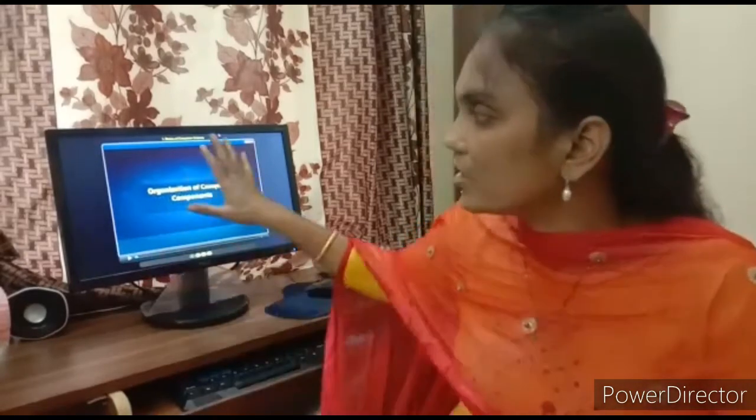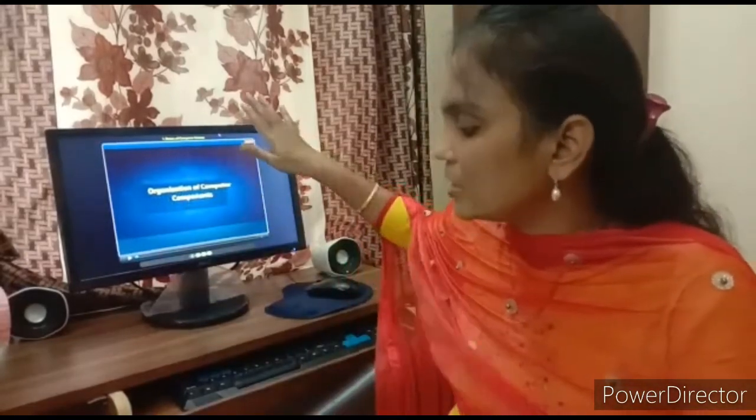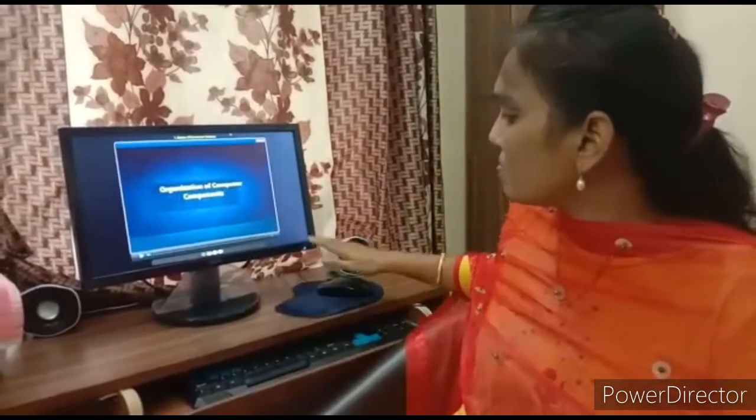And we already know that it is a collection of hardware and software. So what is software and what is hardware? Software means the instructions or programs, the set of instructions which we give to the computer. And what is hardware? Hardware means the physical components such as the monitor, keyboard, mouse.